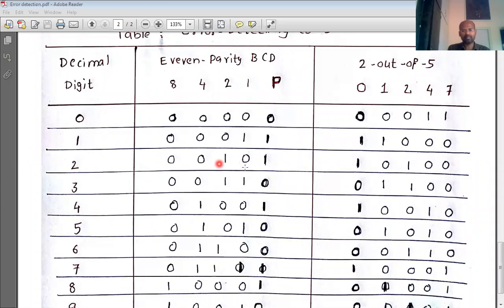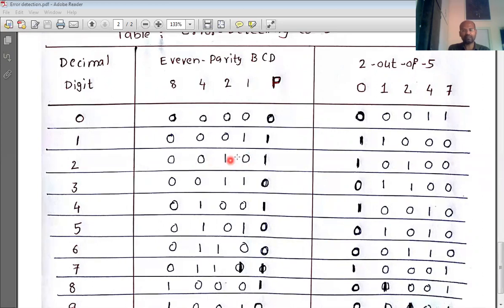Now because of the noise in the channel, let's say this 0 may be received as 1. All other bits are received correctly. 0010 is what we have transmitted.